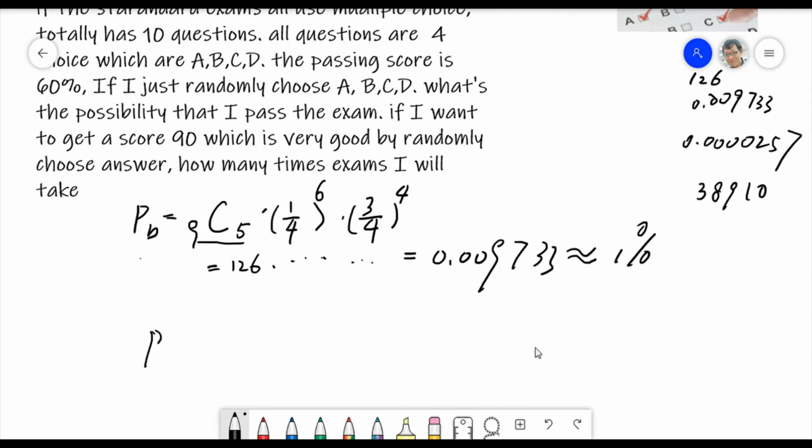So here C is still 9, right? But R is 9, so 9 minus 1 is 8, right? So times this, no change. But the exponent here is 9, with 3 over 4. The exponent is only 1, right? So the result, I just let you know, I already got, is